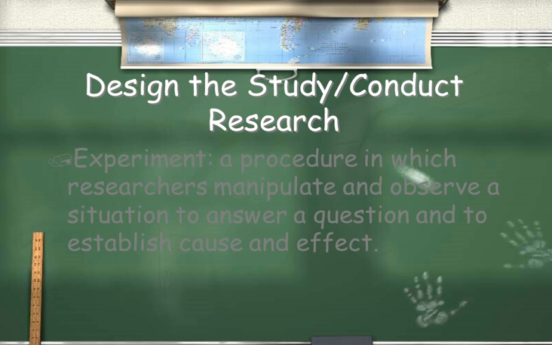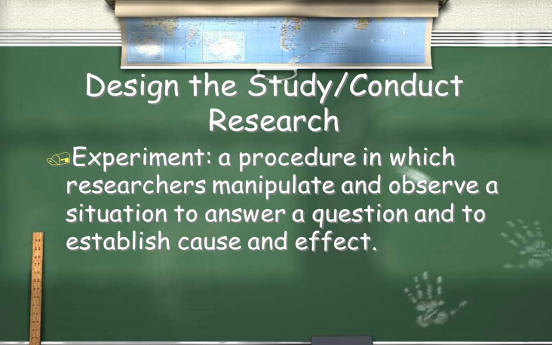And now that we have our hypothesis, we need to test that relationship that we think exists between our variables, and we do this by designing a study. Psychological research typically takes the form of an experiment, although, as you know from Introduction to Psychology, there are other techniques that are also used. If you don't remember them, there are things like case studies, surveys, observational methods, naturalistic observation, archival data, and so forth. But we're looking here at the experiment.